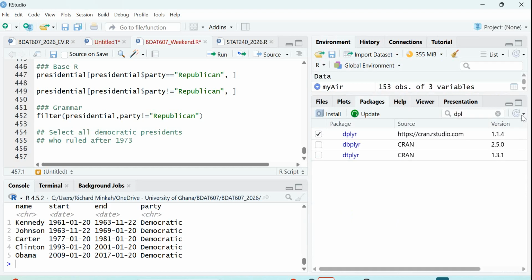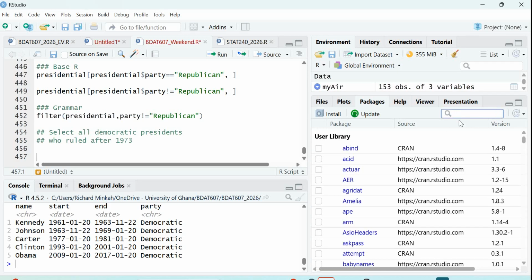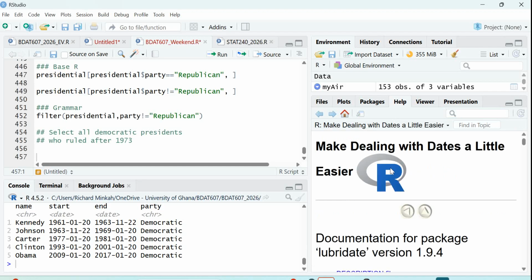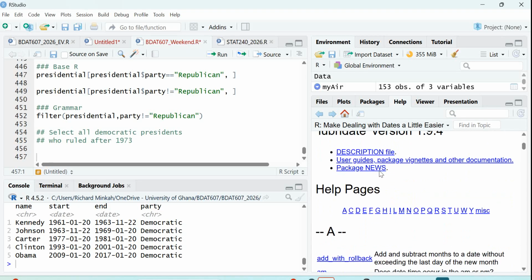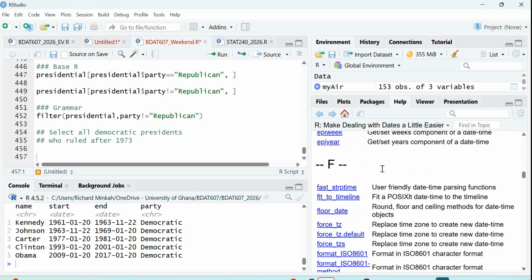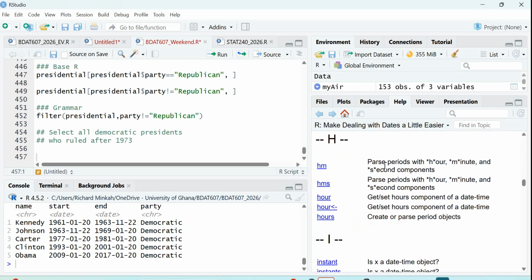So come to your packages and look for lubridate. You realize that it has been ticked. It's lubridate. It deals with what? It makes dealing with dates a little easier. So we are going to use this to help us select